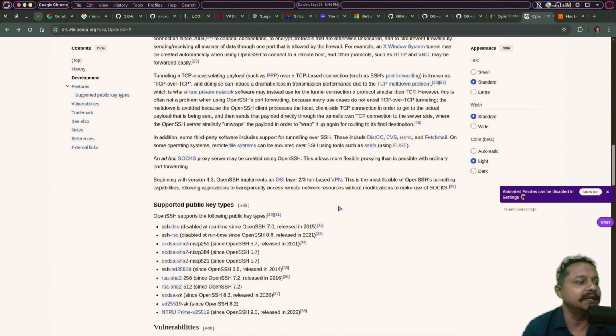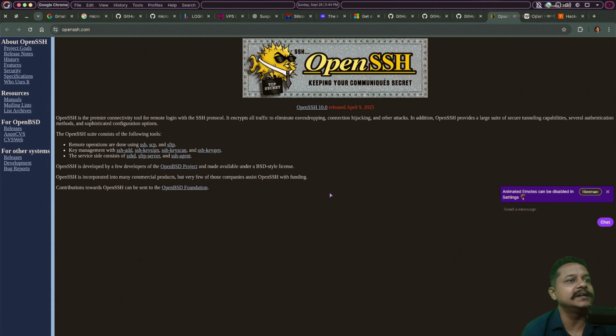ssh-keygen is the tool we use to generate an SSH key, and there are many other tools I remember. This is the OpenSSH website and it mentions key points: ssh-keyscan, ssh-keygen, SFTP. All that SSH-dependent information we can get from here. I wonder how little information is available on the internet and how few people are interested in those topics.